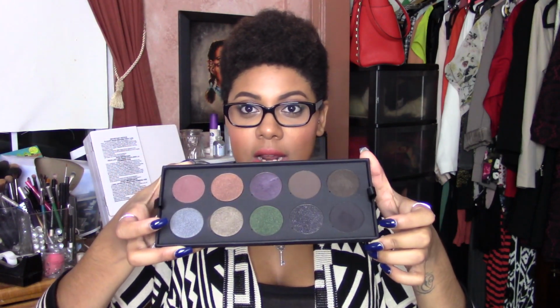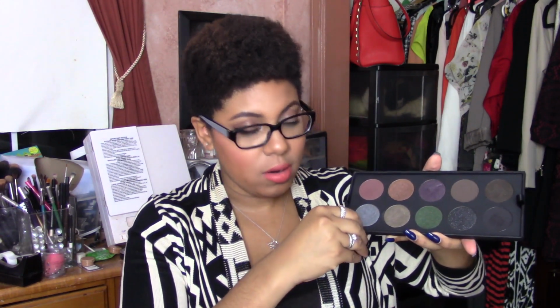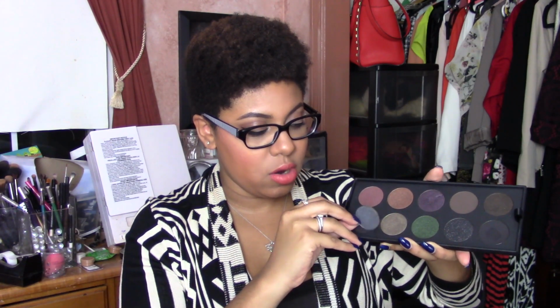So that's pretty cool. Yes, we got everybody's name in here. So this thing is really cool because you can kind of mix and match and play and do what you want with it. I keep mine in the leather-bound case. That's the way I like to keep them, but each layer, depending on whether it's smoky, the neutrals, or the colors, they come out. So they come out in this little tray. Cool, right? And then each one from there is magnetic, so you can take the pan out. I don't want to mess it up, but you can take the pan out and you can put it in your...